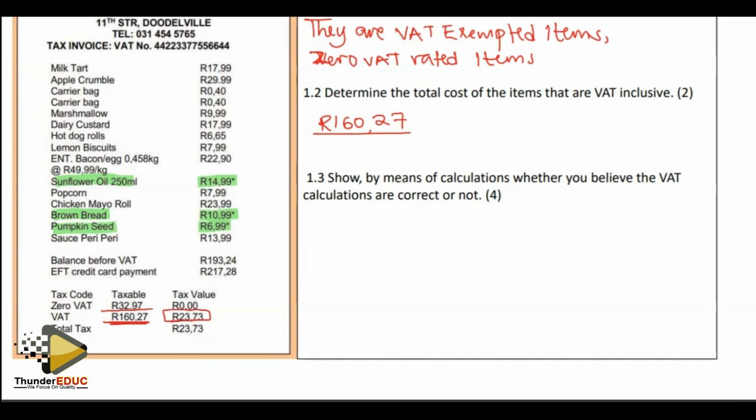But for me, I picked it from here. Another thing is that if the slip already has VAT, you can manipulate it to go back and look for how much was the VAT by saying 115 over 15 times the VAT value. Now, the VAT value here, we have it as. So if you do that,